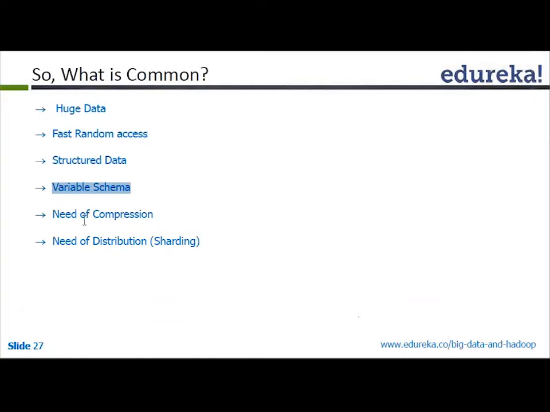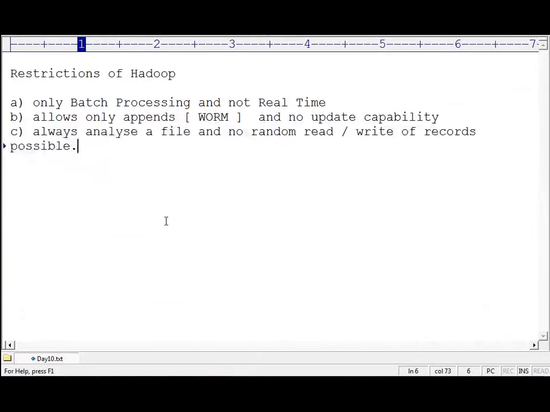Please understand, till yesterday we were talking about batch processing. NoSQL is online or real-time processing, okay? So we are no longer talking about batch processing now. We are talking about online or real-time processing. Then, is it possible to compress some of the columns? No, not possible. Is it possible to cache some of the columns? Again, not possible. So if you have those requirements, if this is the need of the hour, if you need the following capabilities,